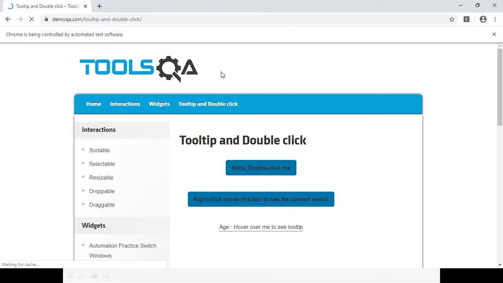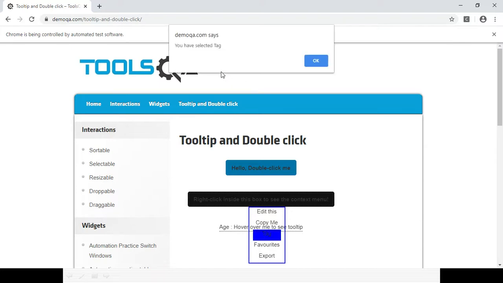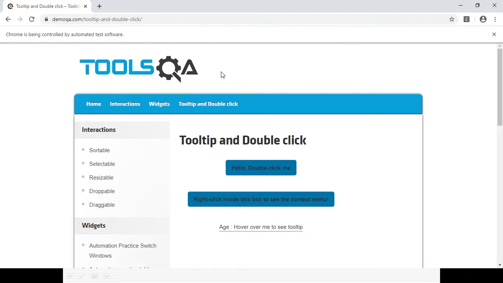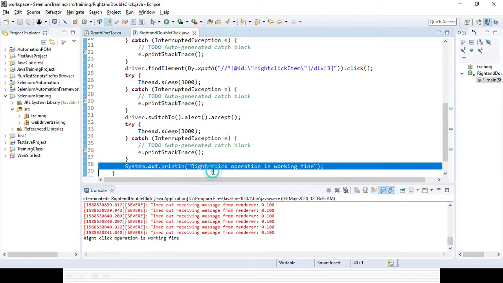So it will open the browser, pass the URL, then right click on the options, wait for 3 seconds, then click on the tag option. After that the alert comes, then it will wait for 3 seconds, then the alert will close. So my script is working absolutely fine, and the output is displayed: right click operation is working fine.